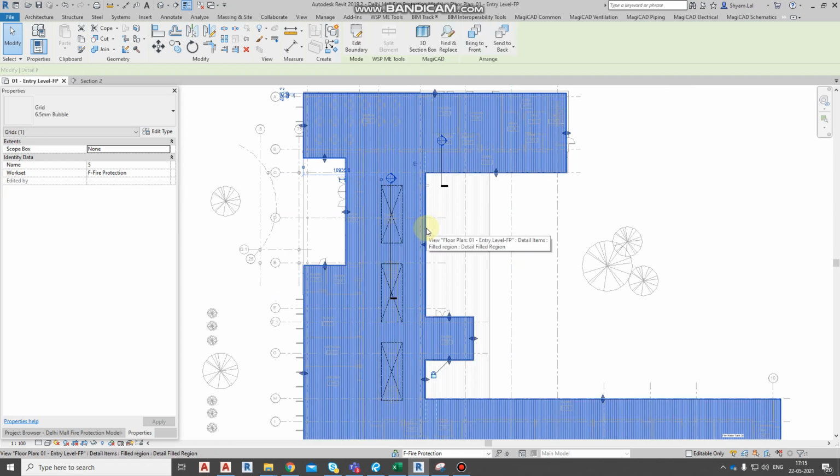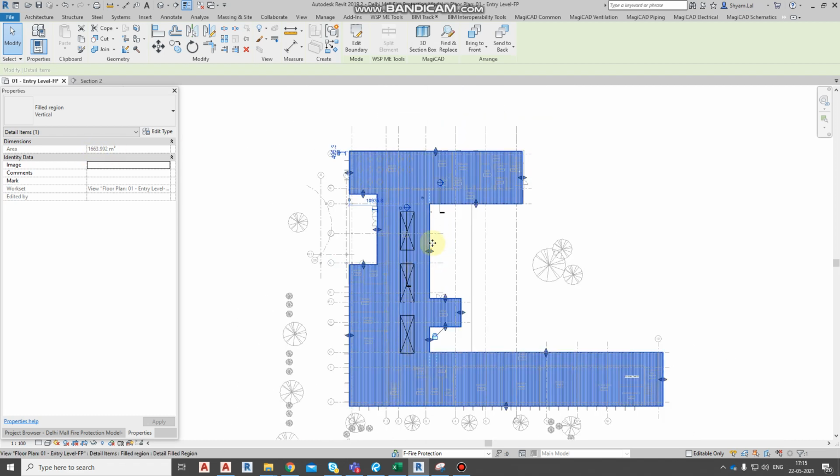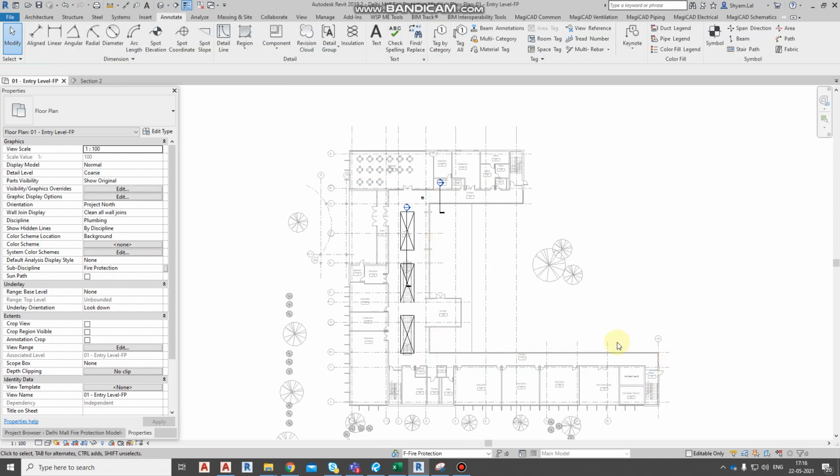Let's see what the area is. So the total area is 1663.992 meter square. This area is less than 4830 meter square, so we will consider one sprinkler zone for this area.